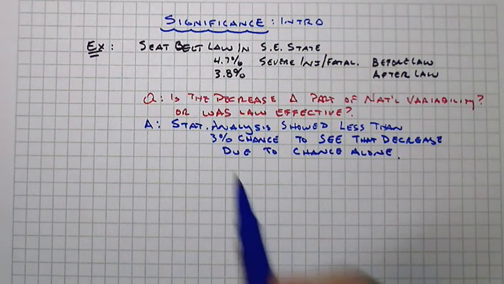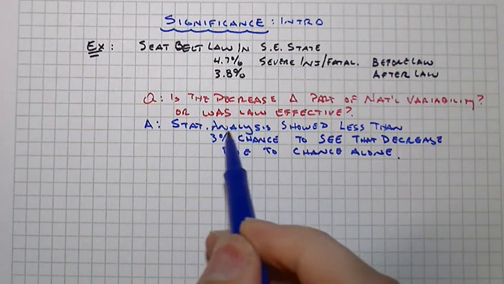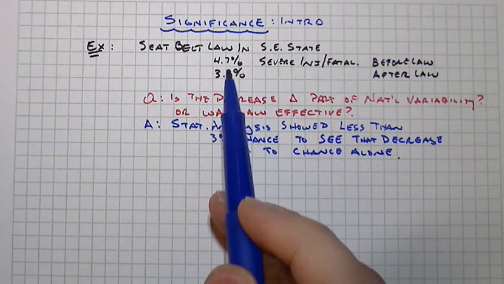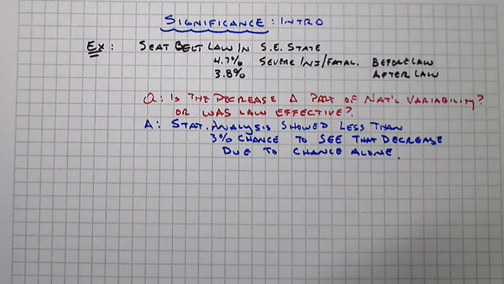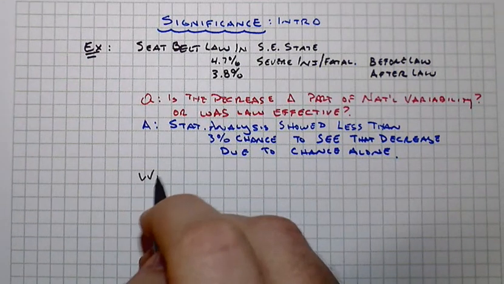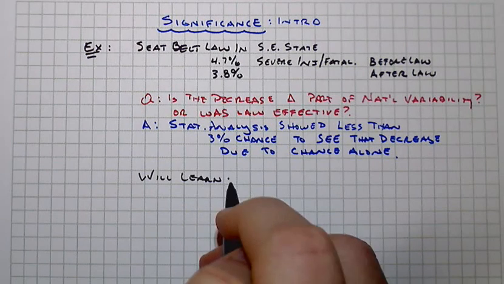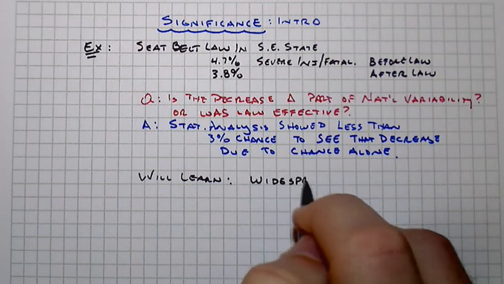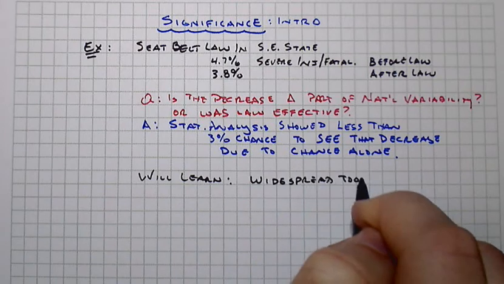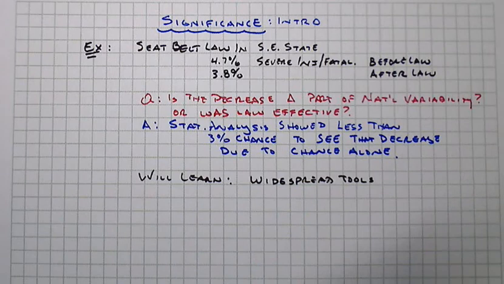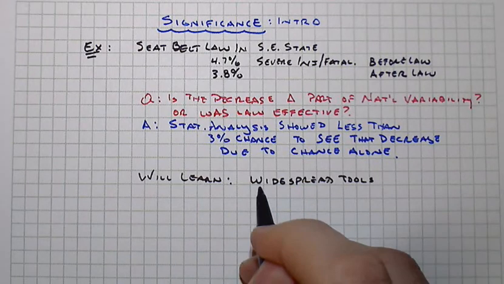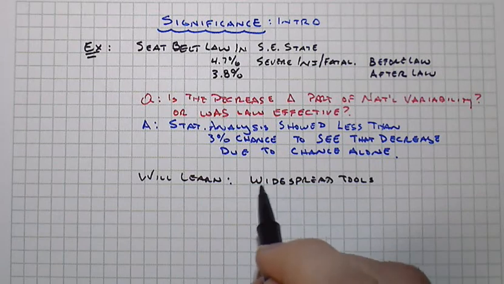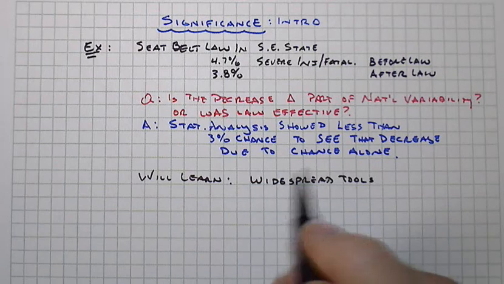And in this segment we're going to get into how would you determine something like this? How do we know whether or not this is significant? How do you quantify significance to begin with? And from a big picture standpoint here, you're going to learn about some widespread tools, and by widespread I mean almost a vast majority of the statistical analyses that are done in conjunction with some sort of experiment are going to be using these tools that you're going to be learning about.